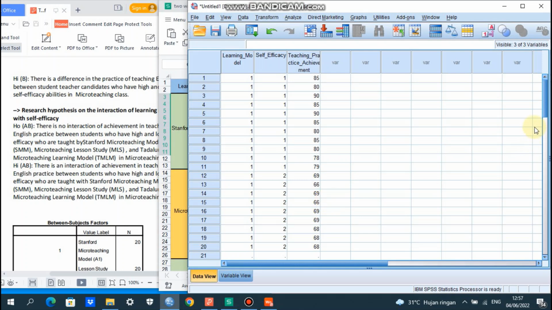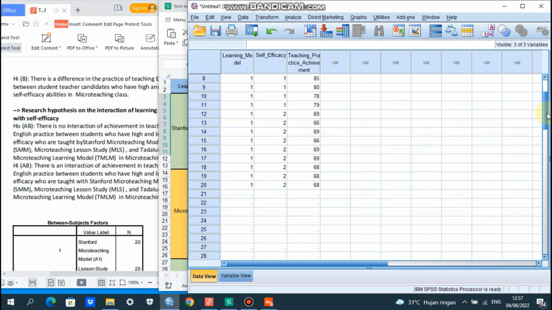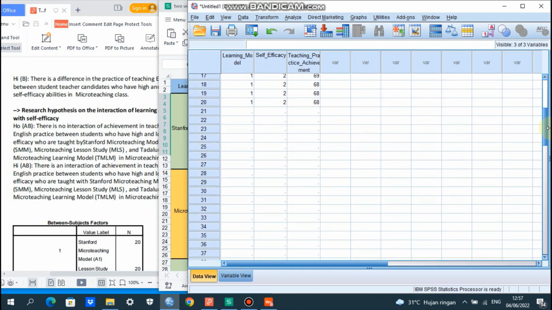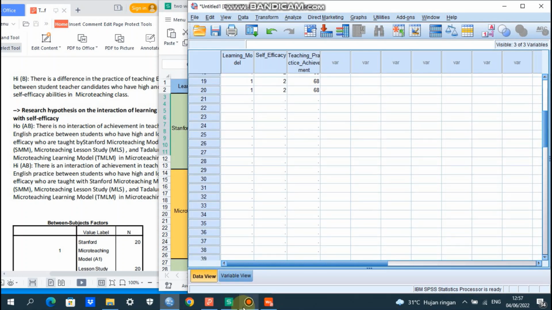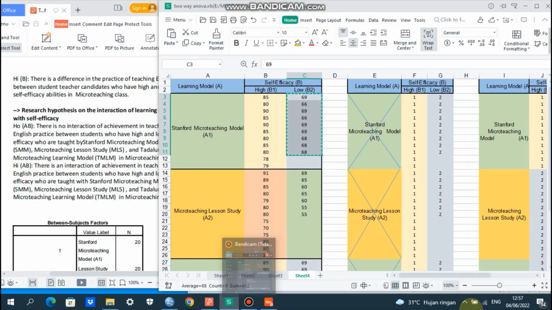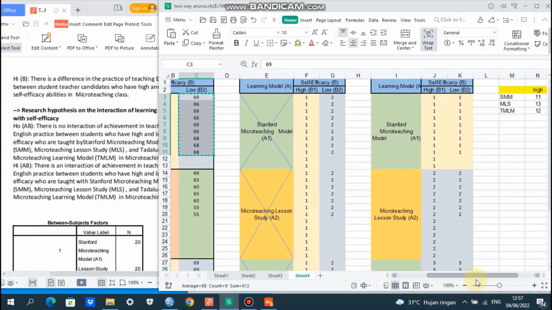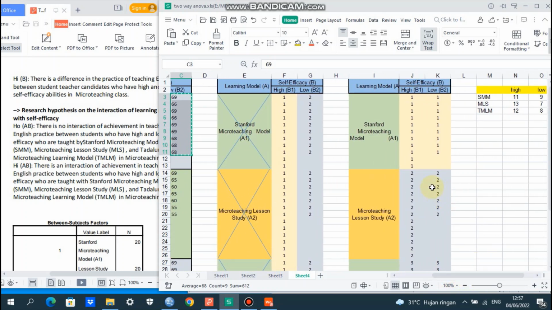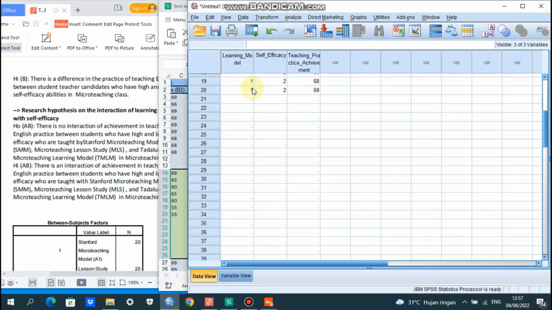Okay, next we go to learning model number 2, factor 2, micro teaching lesson study. We copy the code. First, we copy the 13 participants joining micro teaching lesson study.